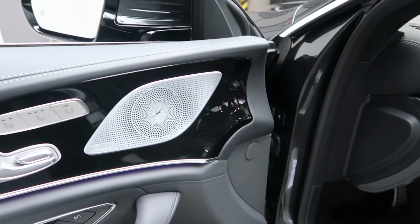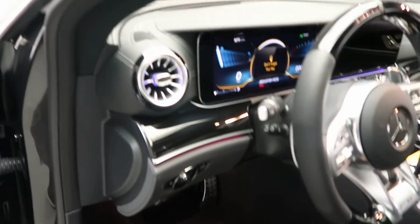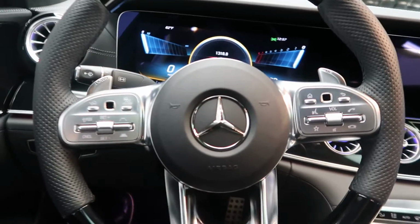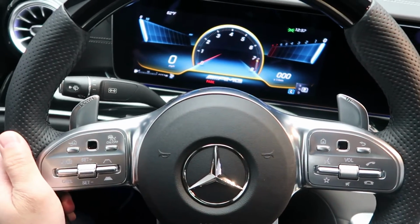Burmeister sound system, warmth and comfort package with heated and cooled seats, AMG illuminated door sill, heated steering wheel, smartphone integration with Android Auto and Apple CarPlay, touchpad steering wheel controls, paddle shifters for extra performance,